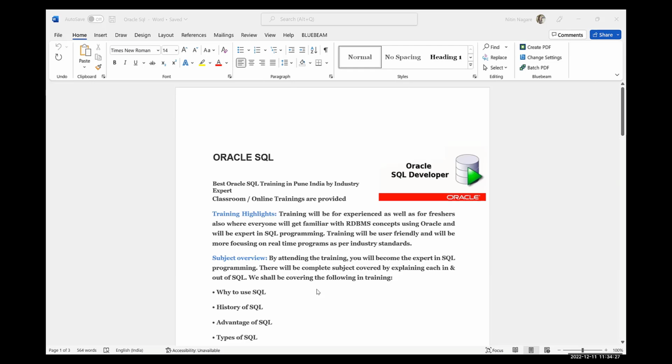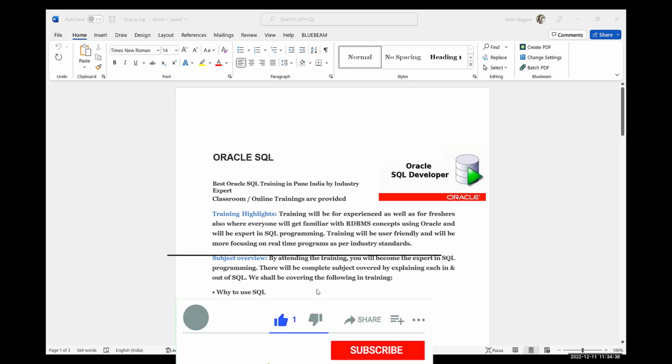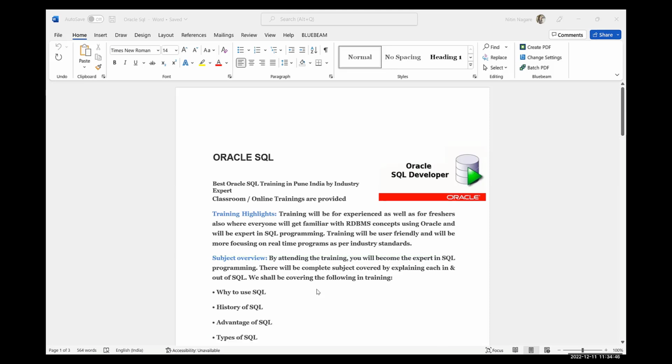In a similar way, companies have their applications. There is a database to store the data from that application. Once they store the data in the application database, they fetch the data for decision making or to run the business. But how do they communicate with the database, as I'm communicating with you using the English language? Database is nothing but a storage. It's a storage software, we can say, in which we store the data. But if I want some data, how can I communicate with the database? So there needs to be a language, right?